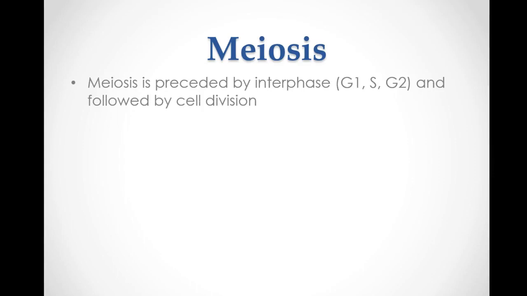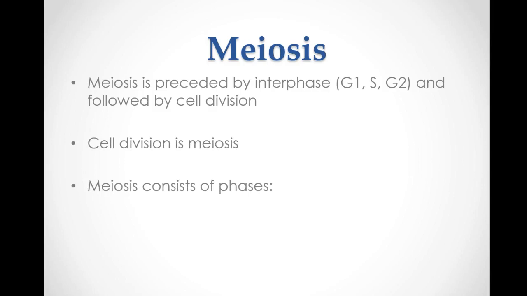All right, so let's talk about some things that we've already discussed before. It'll be a little bit of review for you. Just like we had in mitosis, meiosis is preceded by interphase and then followed by our division phase. So just like we saw in mitosis, we have the two gap phases and we have a synthesis phase. So we are copying our DNA, we're getting all of our cellular structures in place that we need to go through meiosis. So interphase in meiosis is just like interphase in mitosis. In our cell division, we have, again, similar terminology. The only difference is that we have to divide twice in meiosis.